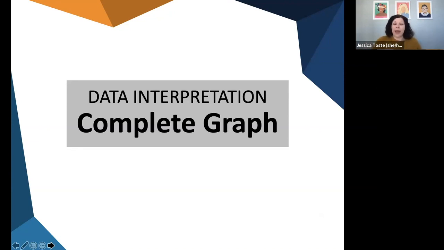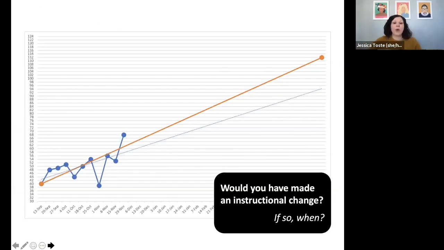And usually we have more information. We can look back and in retrospect and say where we should have or would have made an adjustment. So we showed participants complete data graphs and asked them, would you have made an instructional change for this student? And if so, when would you have made that instructional change? We didn't tell participants that these were the same graphs that they had just viewed for the 4 previous students. So we just told them these were 4 complete graphs for students, and they actually mimicked what they had just